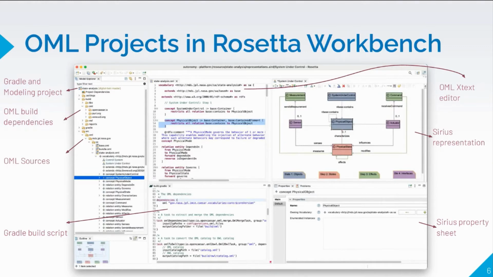This way, the management of dependencies is very similar to how you would manage, for example, Java dependencies in your Java application. And we have the main textual editor that allows you to author ontologies with textual syntax. But we also have the Sirius viewpoints on top that allow you to visualize, and more recently we also added authoring features directly into the Sirius representations, including, of course, diagrams, tables, and property sheets. So this is how it would look in Eclipse.